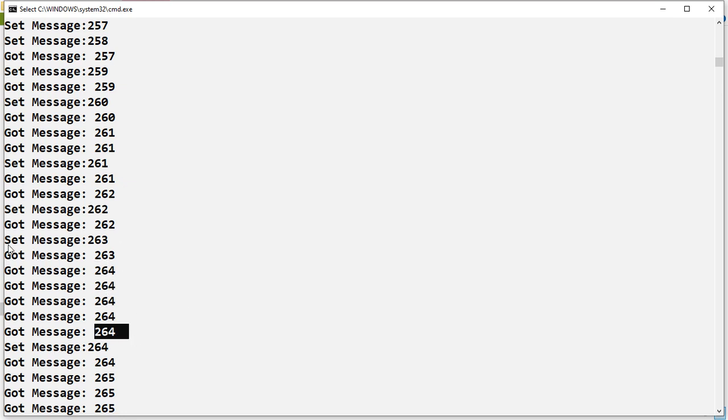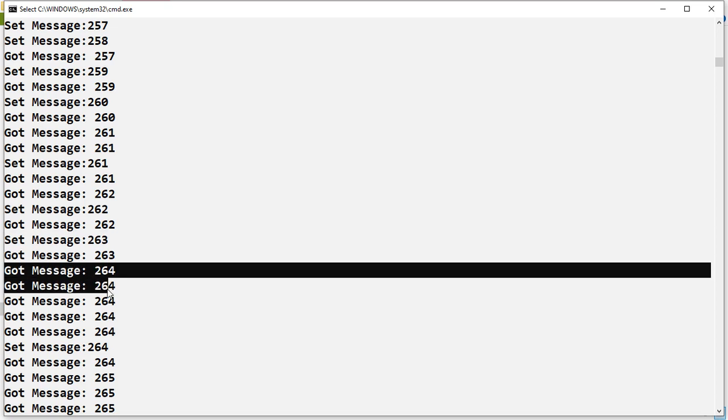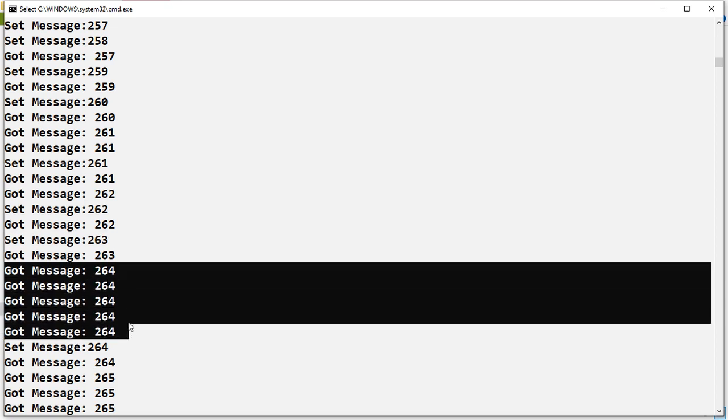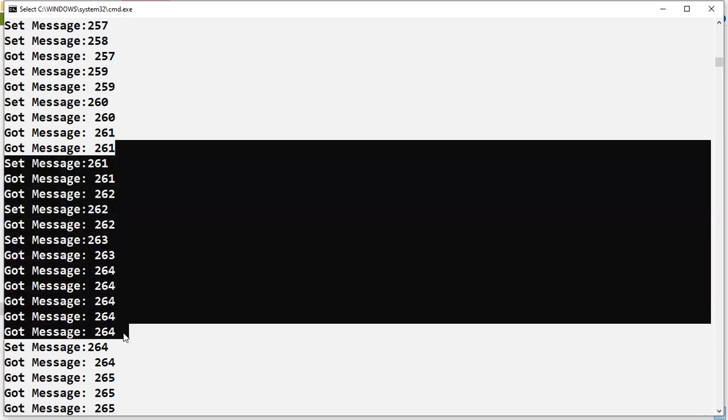Once it was set to 263, then the consuming threads should only get that particular value. Afterward, that value should be changed by the producer to 264, like that. But before setting it to 264, the other consumers got this. So in a zigzag, disordered way, you got the output. So this is not perfect synchronization.